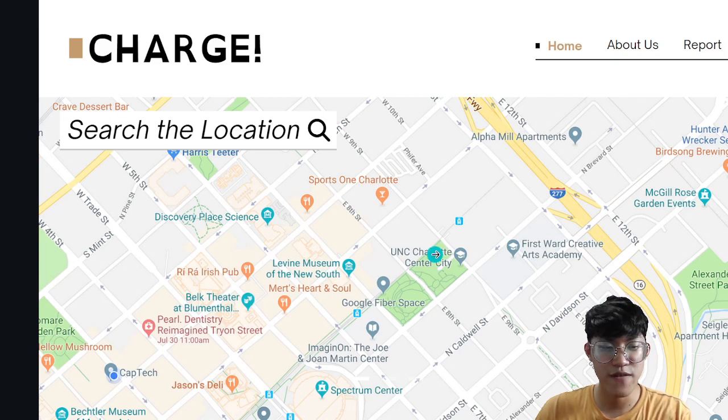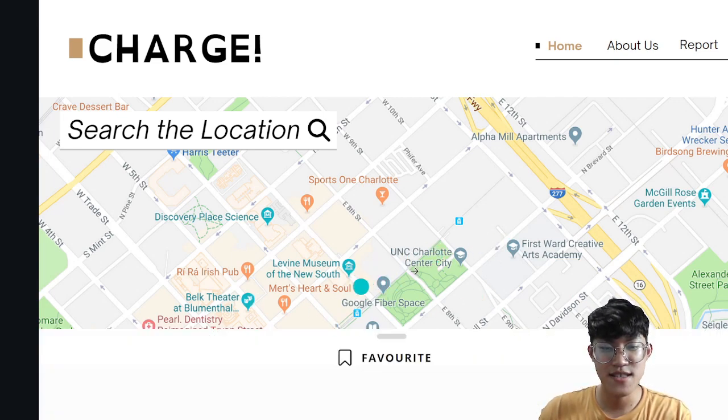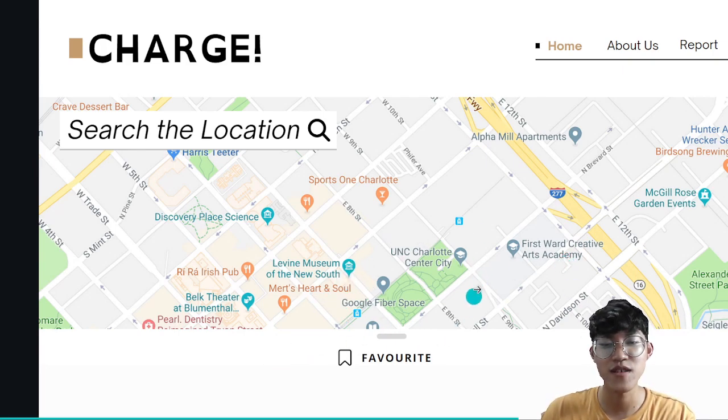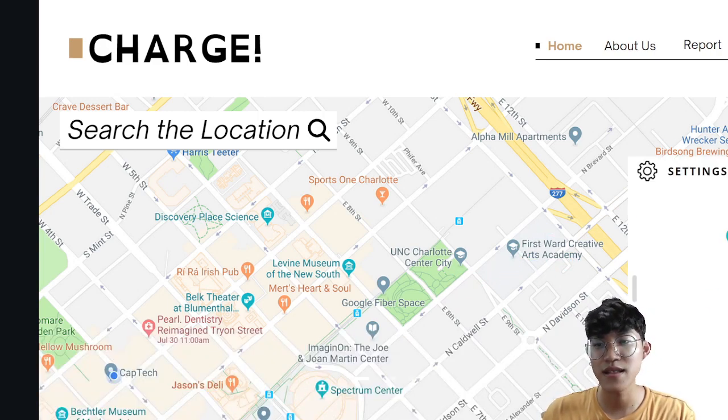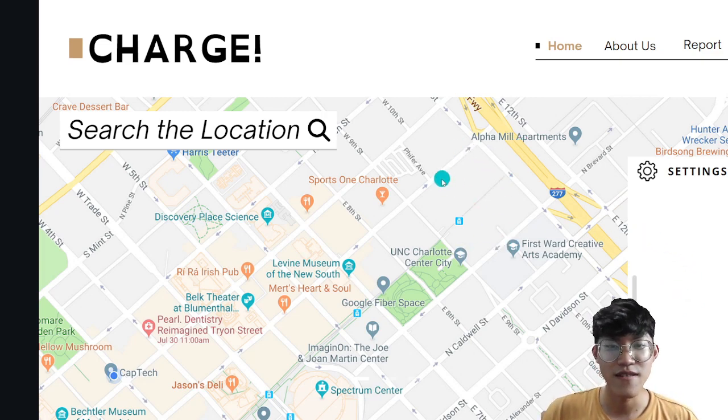If we press the favorite button, it will open up this drawer from the bottom, and we will show the favorite locations that users have saved inside of it, with the details of the locations displayed as well. For the settings button, we have the general settings such as the user's account from the right drawer. And that's about it for the user interface that we have planned currently. Thank you.